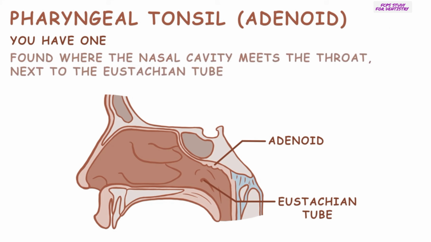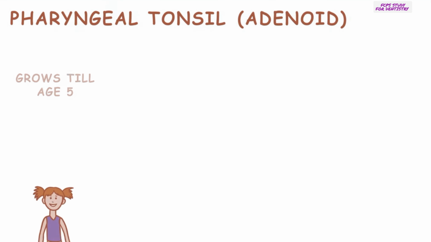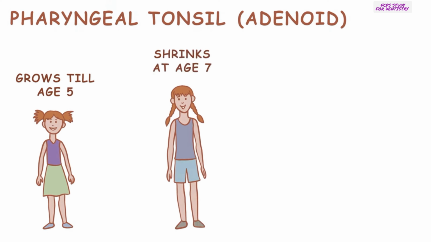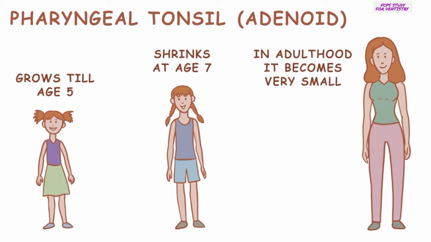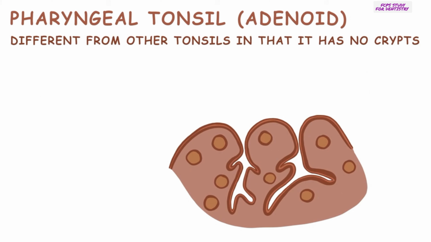The adenoid is found where the nasal cavity meets the throat, next to the eustachian tube. It screens the air that enters your nostrils. Your adenoid grows until you are 5, then shrinks at age 7. In adulthood, it's very small. The adenoid is different from the other tonsils in that it has no crypts, which are invaginations in the surface